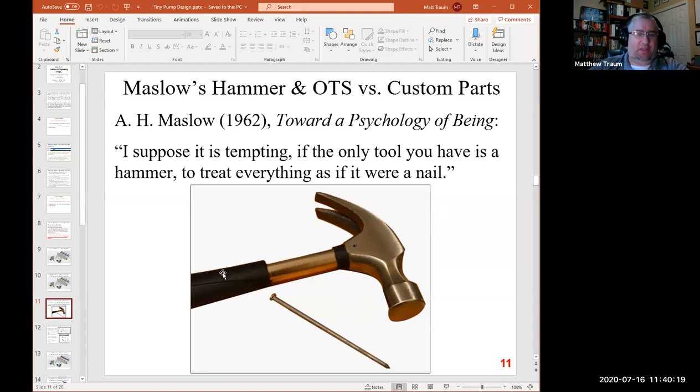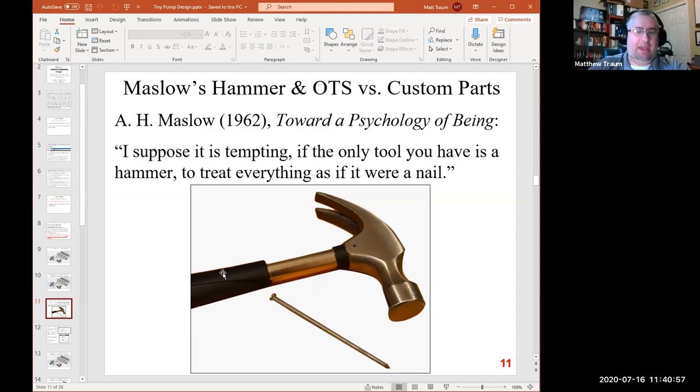But effectively what this means is if you have an easy, ready, known, available solution, you start to think of all of the problems that you encounter as being solvable by that particular solution, right? So in this case, your solution is the hammer, and any problem that you encounter starts to look like a nail, in that, hey, if I can just stand it up and whack it on the head and drive it into the board or whatever it is that I'm trying to assemble,